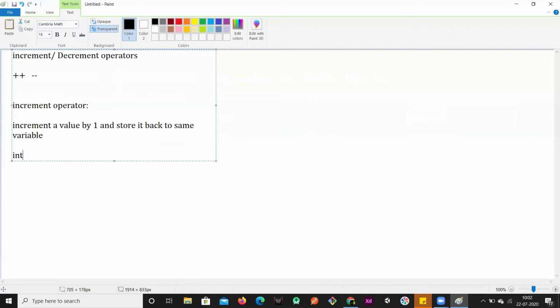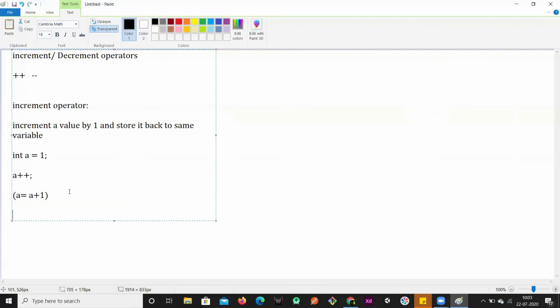So assume I have int a equal to 1. What if I do a plus plus? Internally the meaning is a equal to a plus 1. This is the exact internal meaning. Now, I'm adding 1 to the value of a and then assigning it to the same variable again. So this is what the increment operator does.